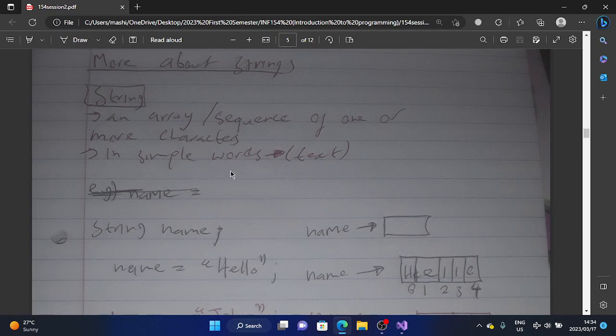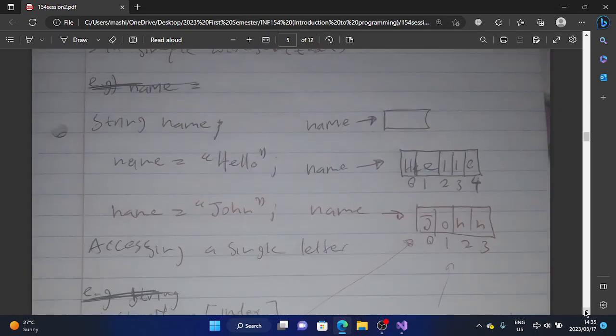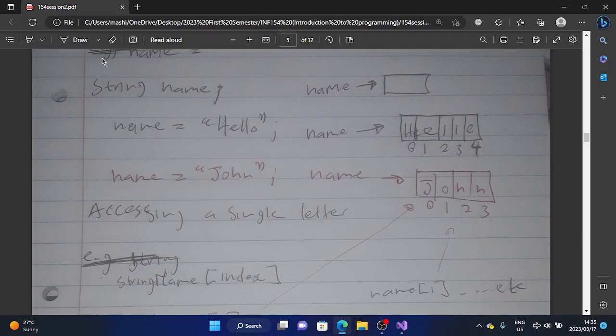So in simple terms, a string is a text. For example, we have string name. When we say string name, in memory it's represented like this. We have an empty string. Then when we say name is equal to hello, in memory we have this name equals to hello,